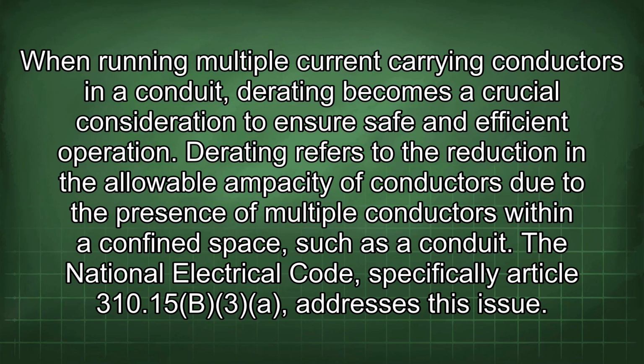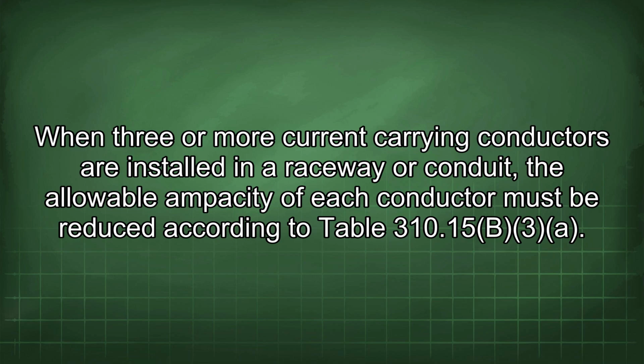When running multiple current-carrying conductors in a conduit, derating becomes a crucial consideration to ensure safe and efficient operation. Derating refers to the reduction in the allowable ampacity of conductors due to the presence of multiple conductors within a confined space, such as a conduit. The National Electrical Code, specifically Article 310.15(B)(3), addresses this issue. When 3 or more current-carrying conductors are installed in a raceway or conduit, the allowable ampacity of each conductor must be reduced according to Table